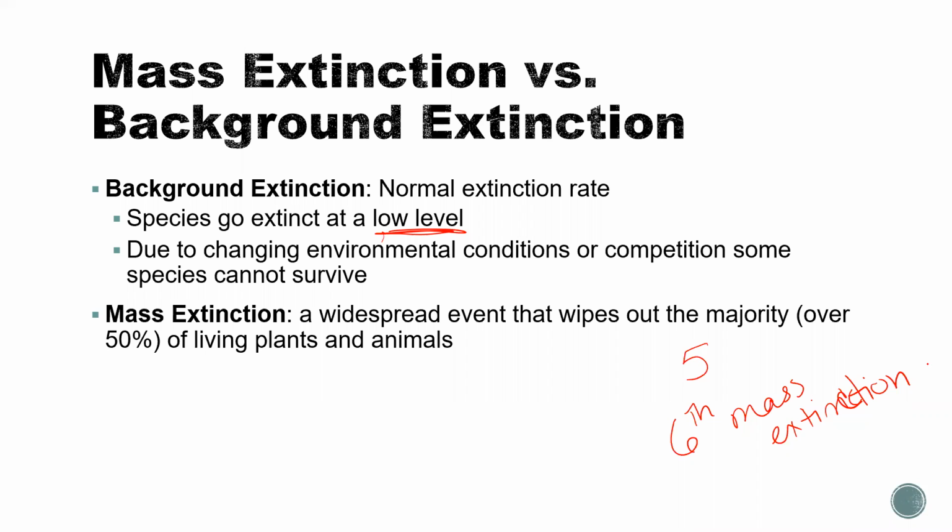And a mass extinction is any widespread event over 50% of living plants and animals. So we may be going through the 6th mass extinction, we may not. It will just depend over time how many of these animals live or die. And these extinctions happen at a geologic timescale. So this is not something that you can see in your lifetime. This is something that happens over the course of thousands of years and tens of thousands of years and millions of years.